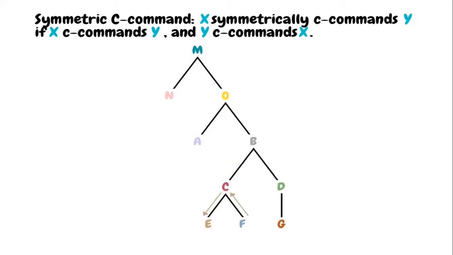Bravo. Now, Bushra, if I ask you or your colleagues, does F C-command G? No. Why no? Because if we trace up a line, we can trace up a line once. We cannot trace twice.